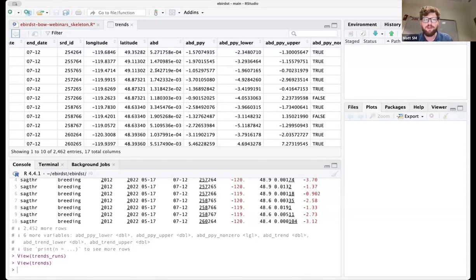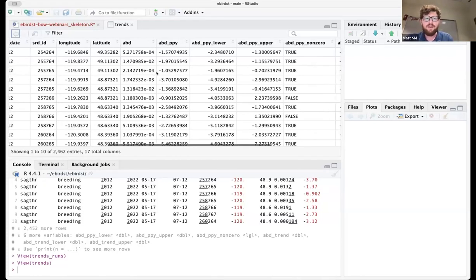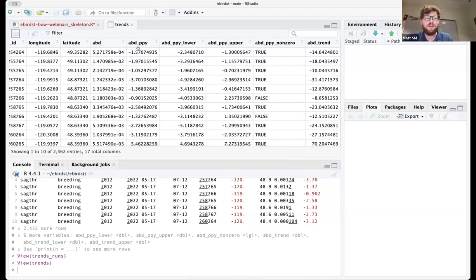This is a relative abundance value for whatever the midpoint of that is, like 2017. Then we have the percent per year trend in relative abundance. This is expressed as a percent. So minus 1.57, that's minus 1.57% per year over that 2012 to 2022 time period.